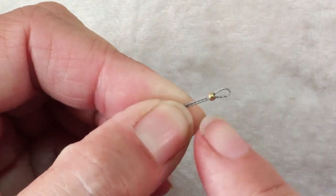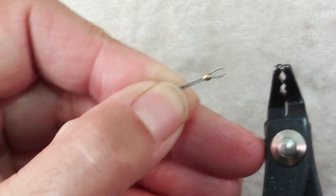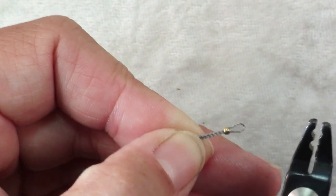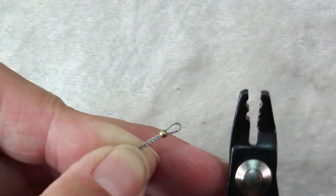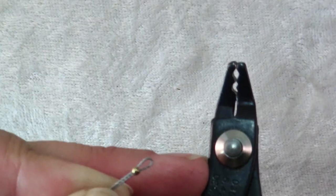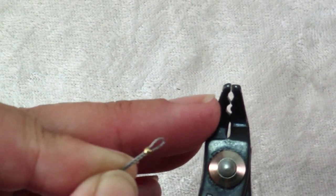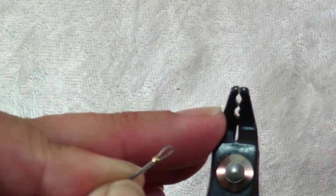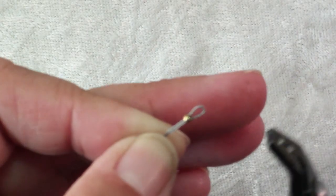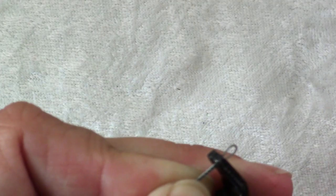And while the wires are lying parallel inside the crimp, you can use a variety of different tools, your choice, to flatten the crimp. You can use pliers made just for doing this, and you can see that there are two openings in these crimping pliers. One is oval shaped and one is U shaped or crescent shaped. And what you do is first you flatten the crimp with the oval part,